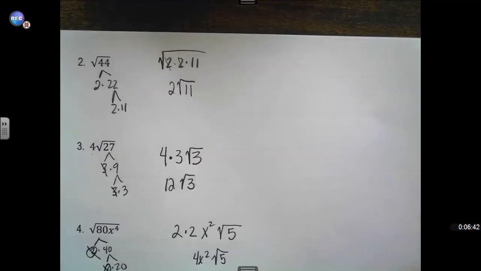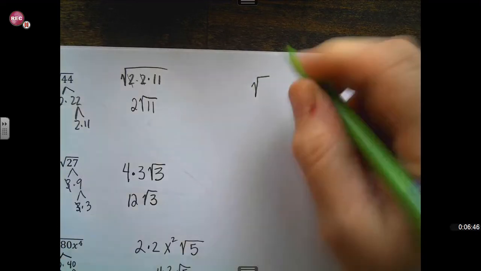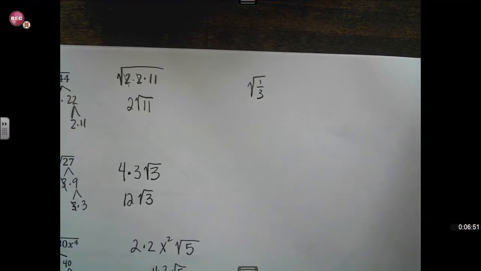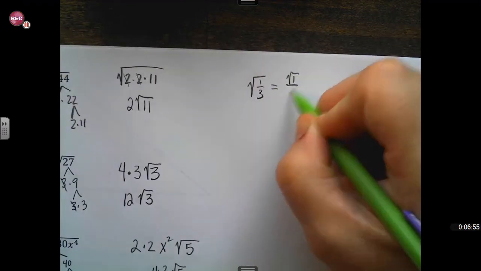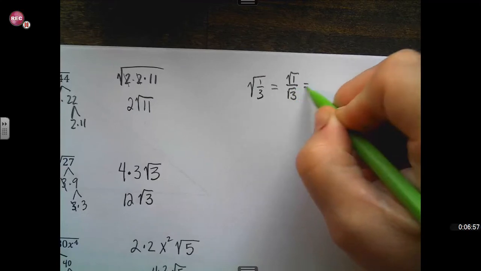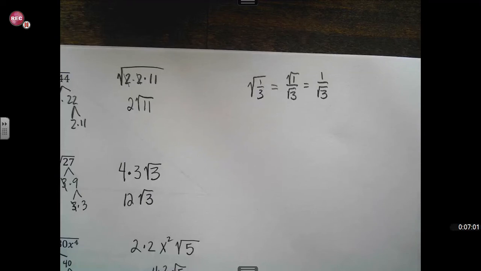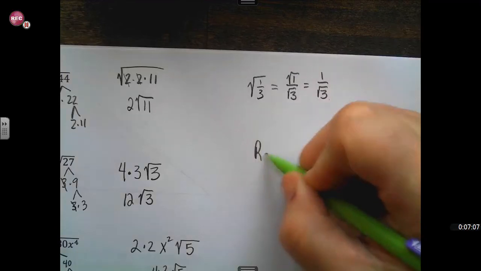The whole thing about you can't have a fraction. So let's say we have the fraction 1/3 in there. Okay, can't have a fraction, so we'll separate it. Square root of 1 over the square root of 3, and the square root of 1 is 1. All right. And then there's the rule that you can't have a radical in the denominator. And so what we do is we go through a process that we call